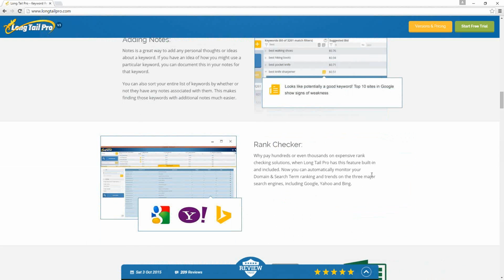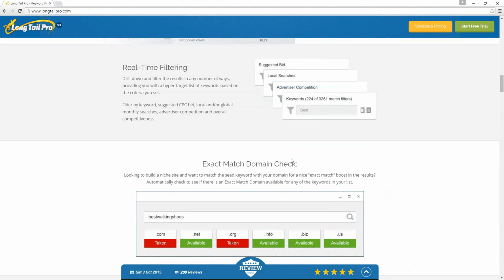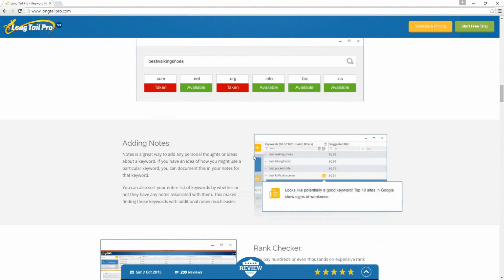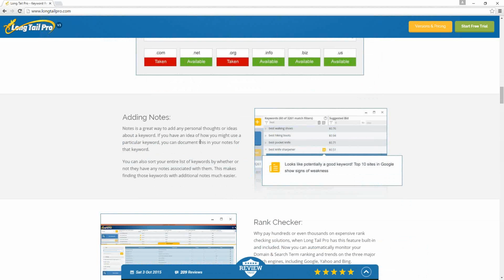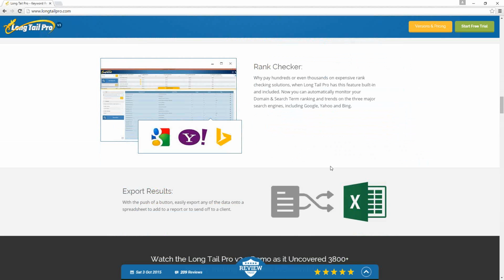Other parts of this, checking domain names is okay. That can still be done in bulk on GoDaddy.com. You can take a big list of phrases, remove the spaces out of them, and search for those on GoDaddy to find all the exact match domains, which is definitely not as important as it was a number of years ago.